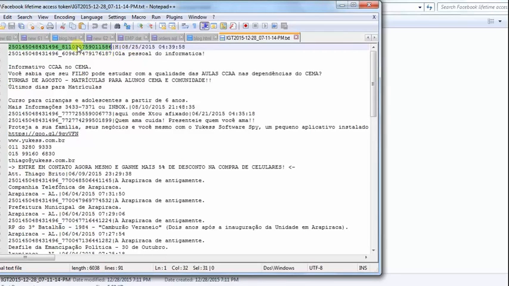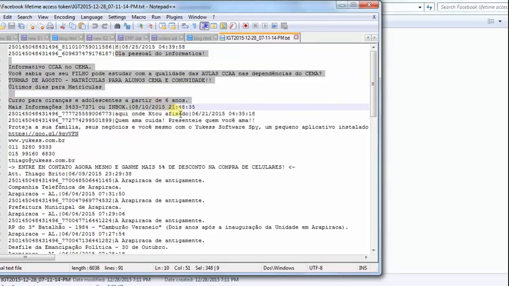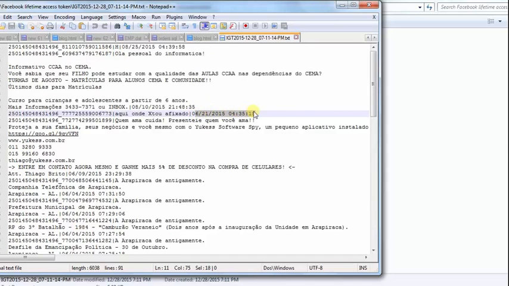This is my post ID, this is my message, and this is the created time of that particular post. And the second one has its post ID and the message that we have got. The reason it's on a new line is that there are newline characters in this particular post. You can replace the newline characters using C# code so that it will be on a single line. And here you also have the created time of that post.